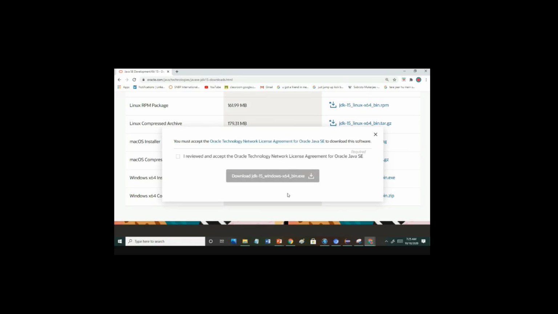Then you will get this pop-up that you must accept the Oracle Technology Network License Agreement for Oracle Java SE to download this software. So you just click on that I reviewed and accept the Oracle Technology Network License Agreement, and then click on this download .exe file. It takes a few seconds.